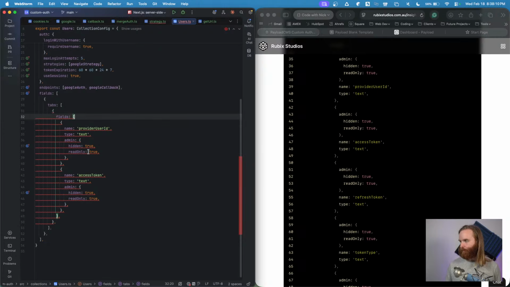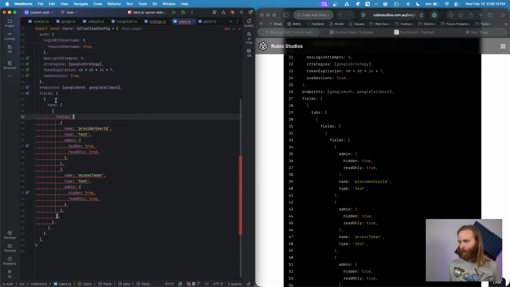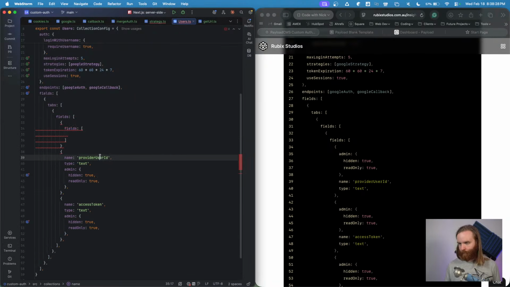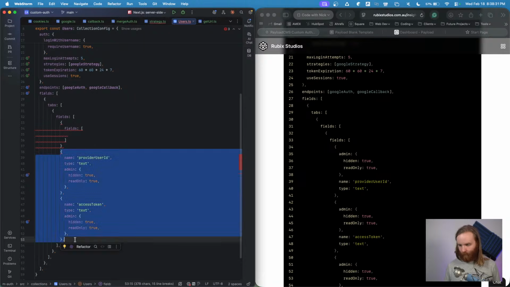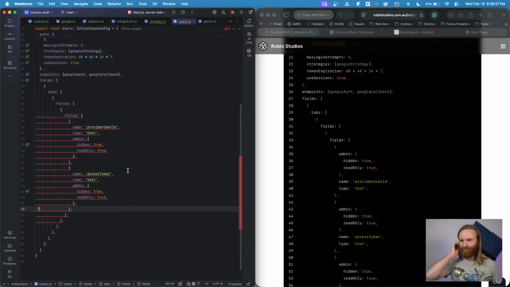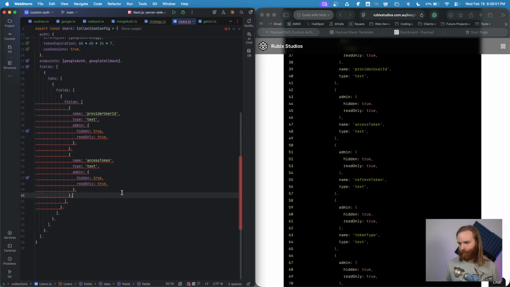What did I break? Fields, tabs, fields. It's another fields here. I think I'm making this too complicated, but that's okay. So fields, fields, fields, tabs, fields. It's okay. We're gonna work through this. So then after that,